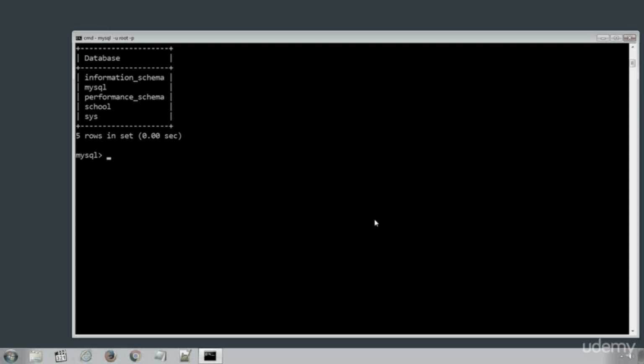Before creating the table, make sure to select the database using SQL statement use school. First, display the existing tables in our school database using SQL statement show tables. Since we have no table in our new database, MySQL didn't return any result. So let's create a new table. The SQL statement to create a new table is